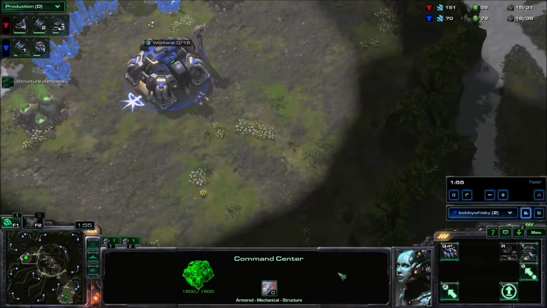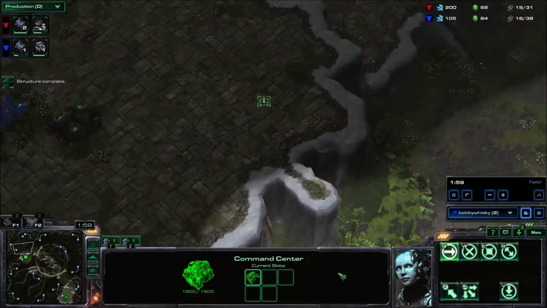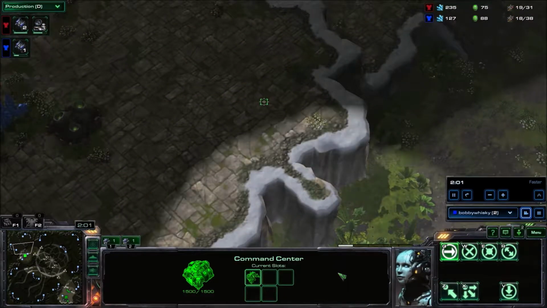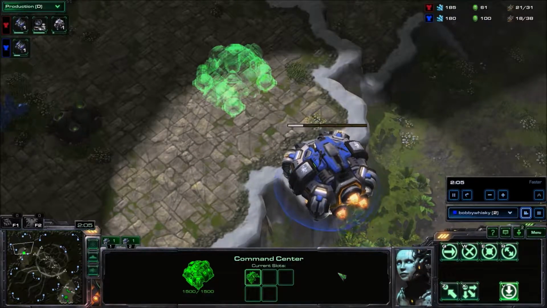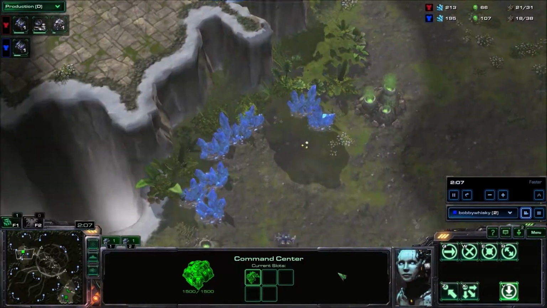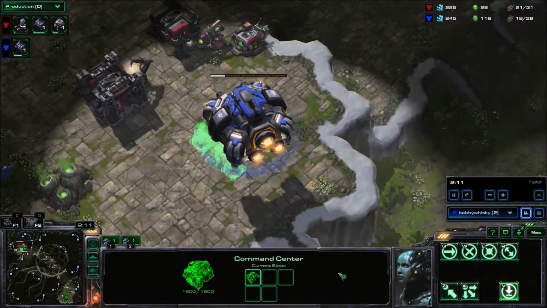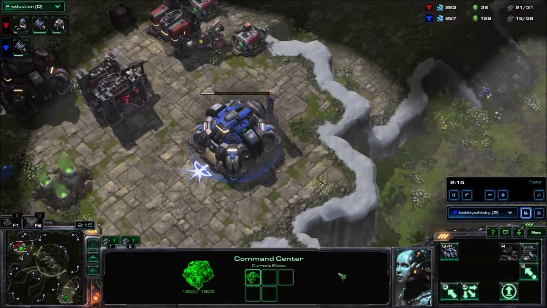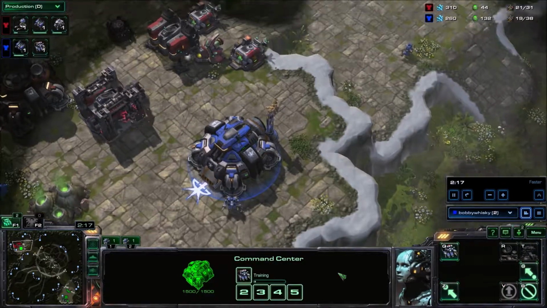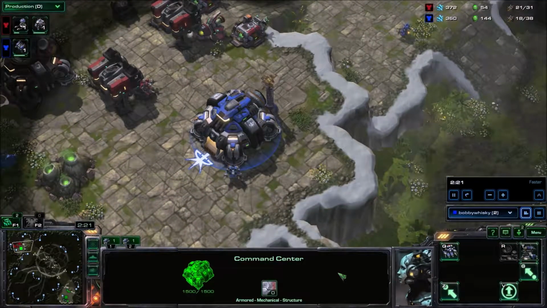He's sending another SCV. He's just gonna go land it right there. And something I don't understand is his choice for landing it. Yeah, he's landing it there. Maybe he thinks that'll reach. He's gotta be a little closer though. Yeah, and he cancels it so he can instantly build the